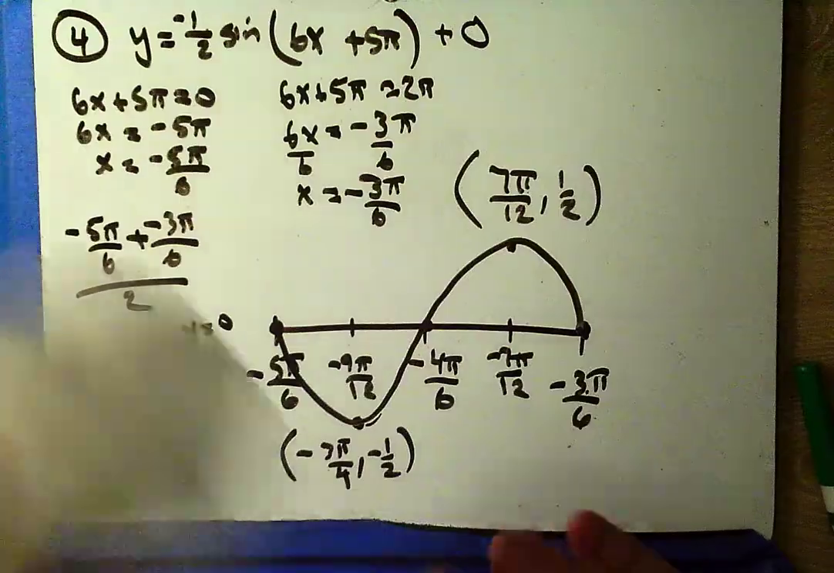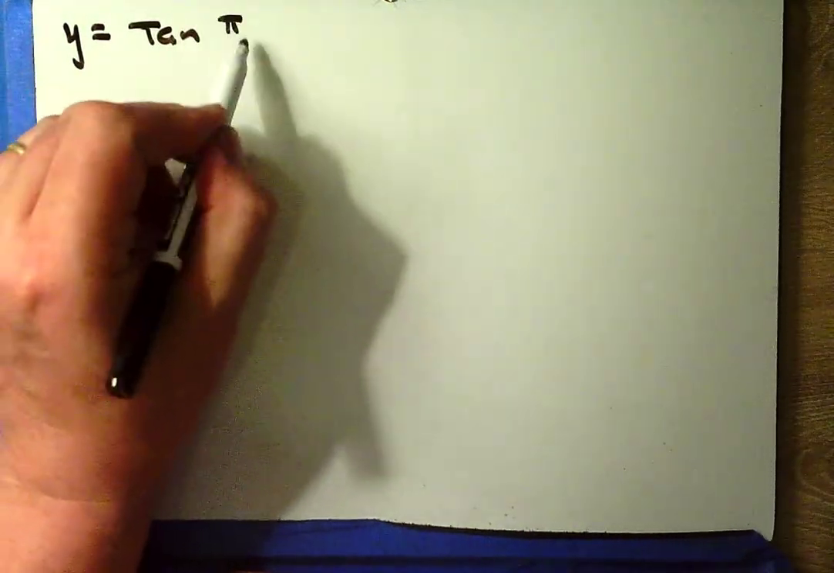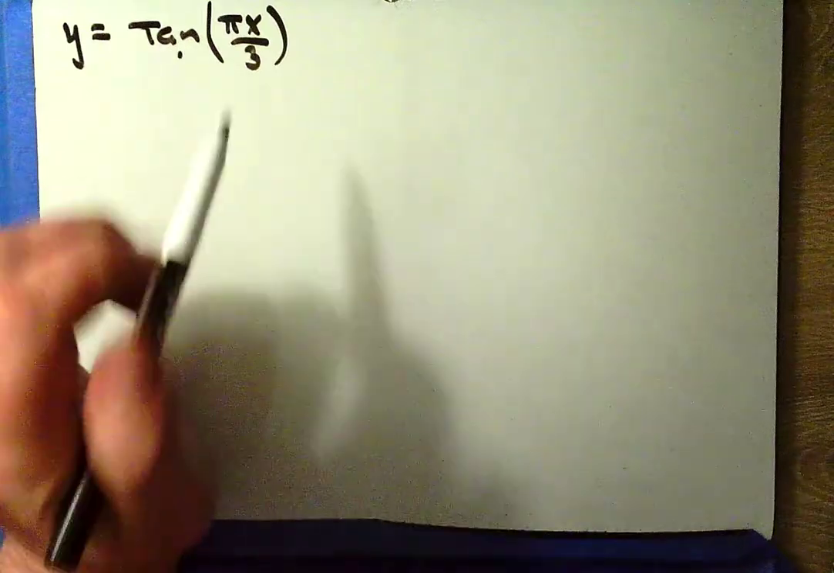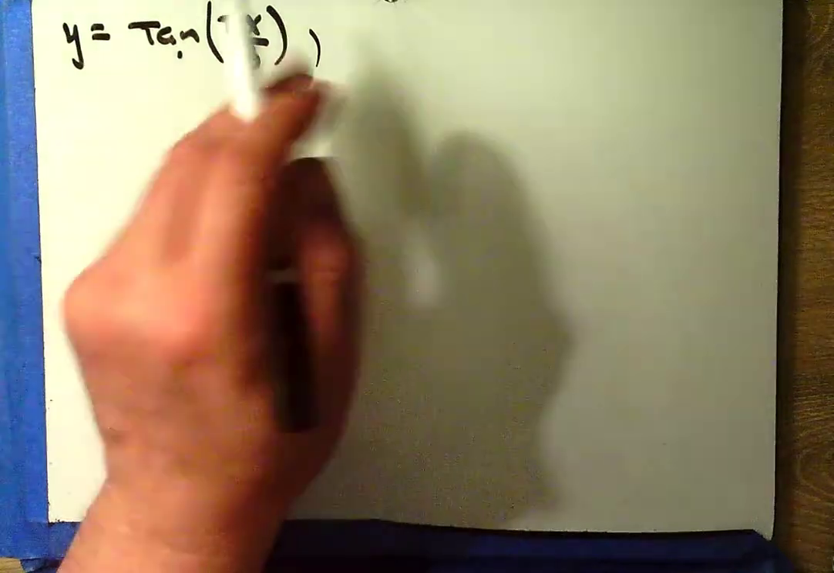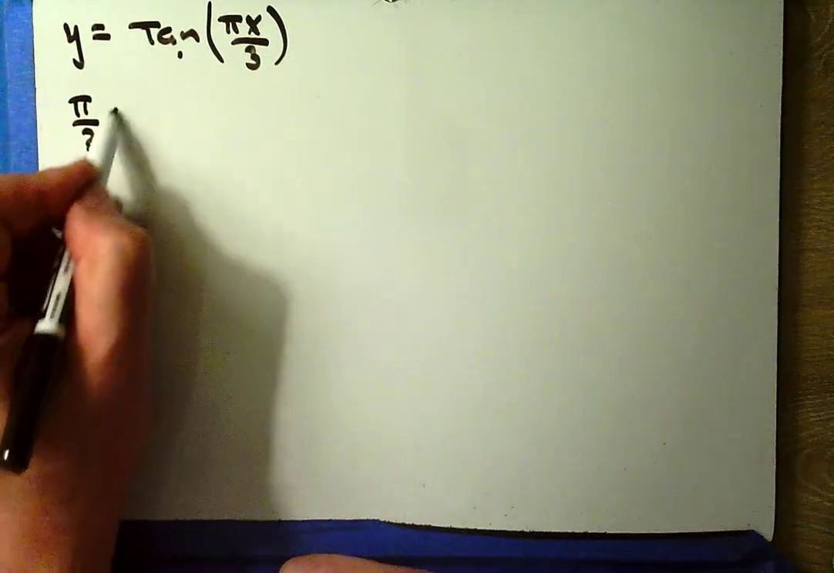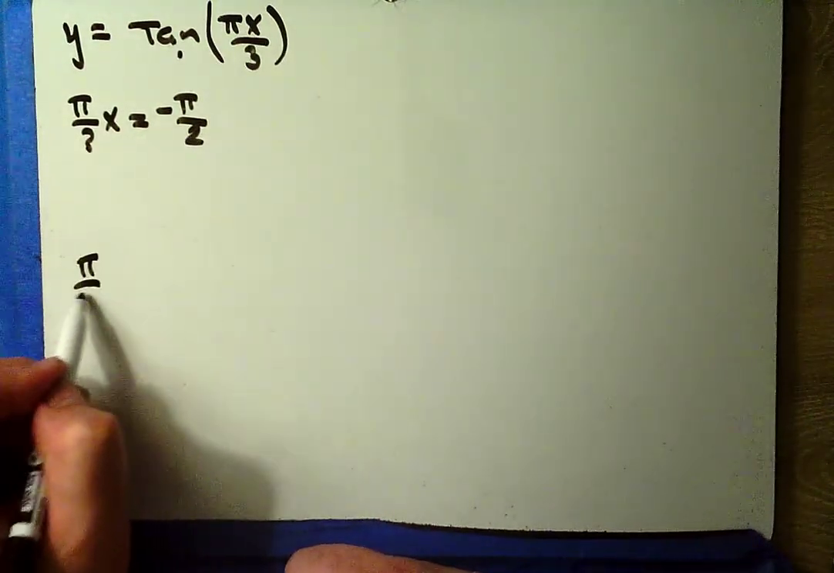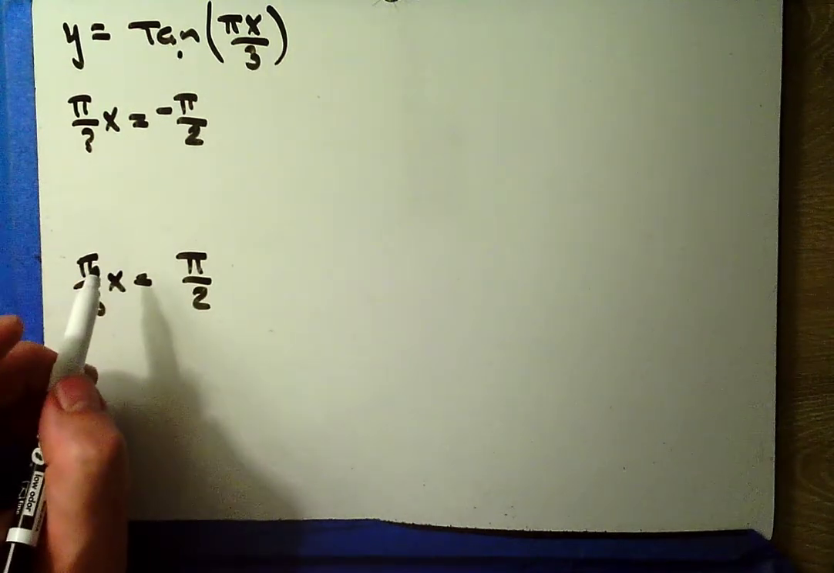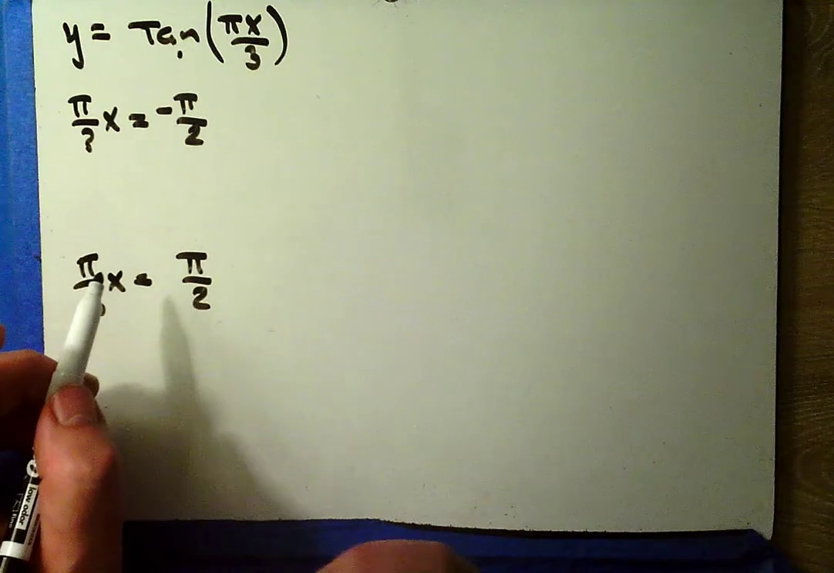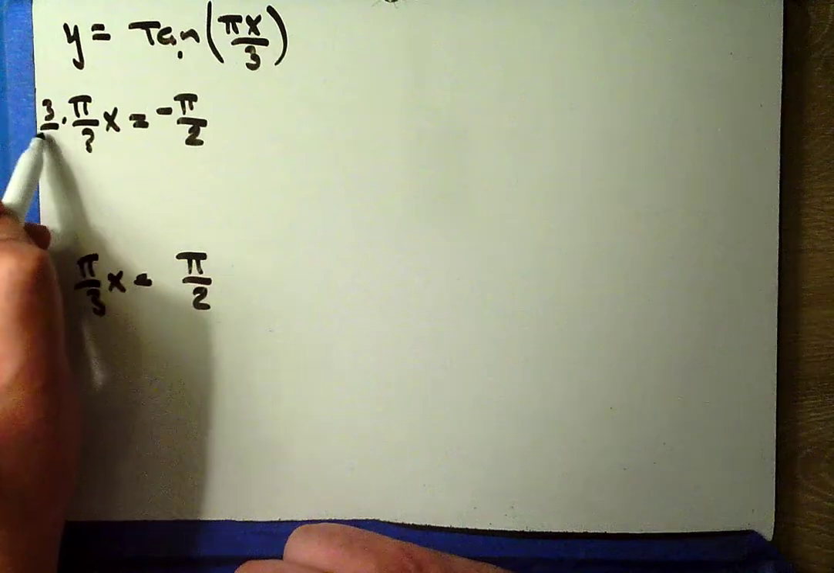Let's take a look at 5. Ooh, 5 is a tangent. y equals tangent of (pi x over 3). Remember, we set this argument not equal to 0 and pi for tangent. We set the argument pi over 3 x equal to negative pi over 2. And we set the argument pi over 3 x equal to positive pi over 2. And this doesn't tell me starting and ending points per se, it tells me where the vertical asymptotes are for one period of tangent. So I multiply by 3 over pi,